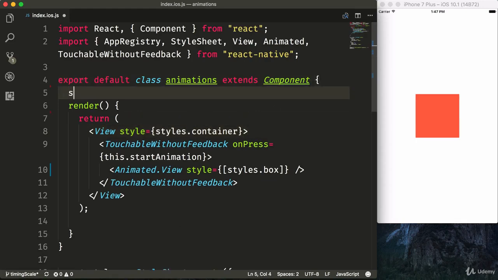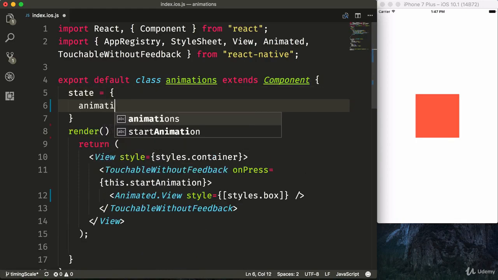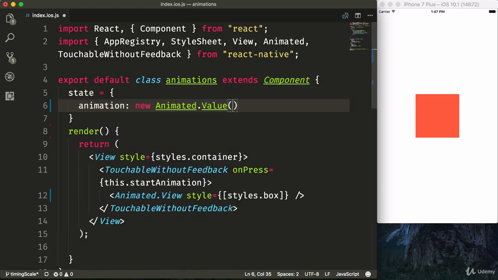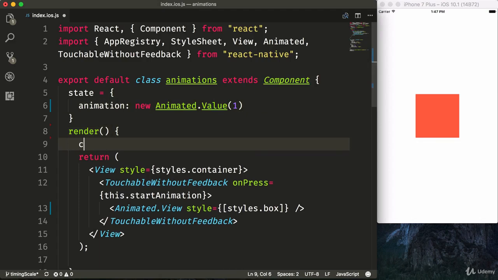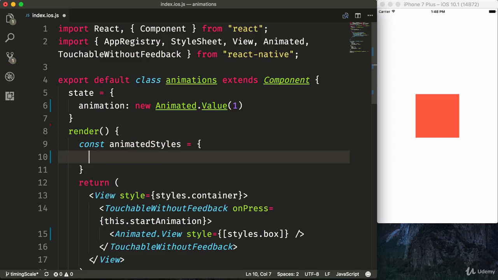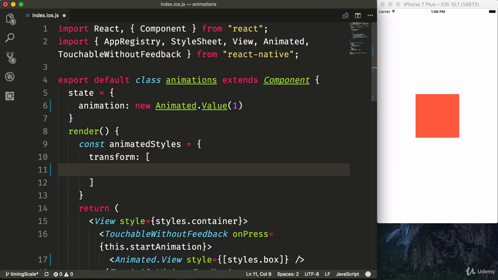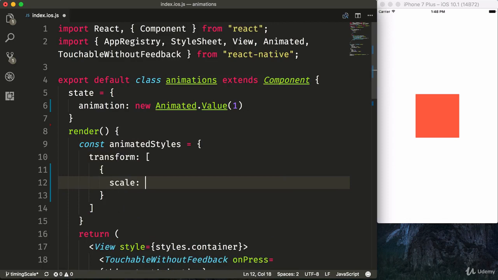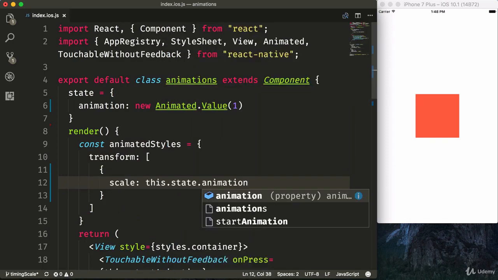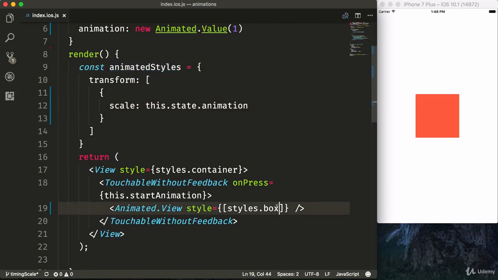To start, we'll create our state and create an animation and create another animated value. Because 0 scale would be non-existent, the item would not appear on our screen, we'll default to 1, because that is what scale defaults to, meaning it's just going to be a normal size of whatever the layout defined. We'll then set up const animatedStyles, and scale is going to be another transform object, so we'll say transform, which is an array, and pass in scale and say this.state.animation. And then we'll pass our animated styles into our box,